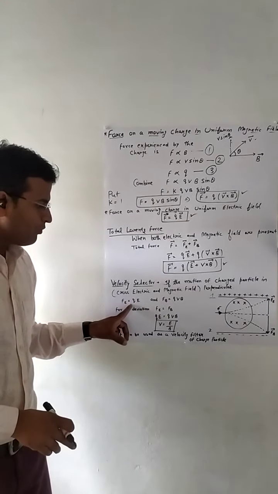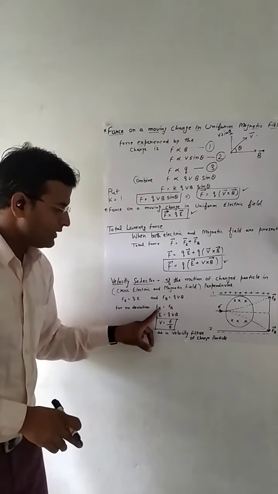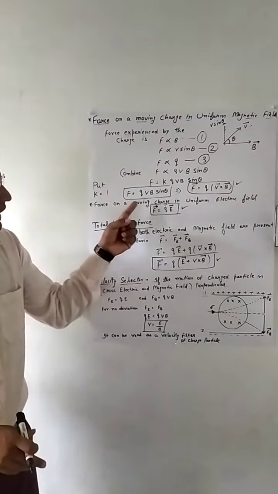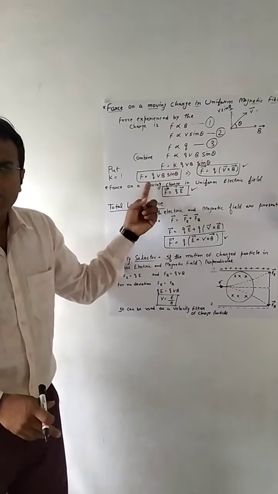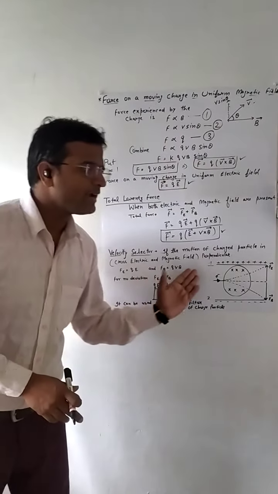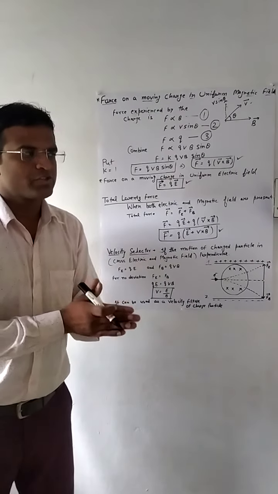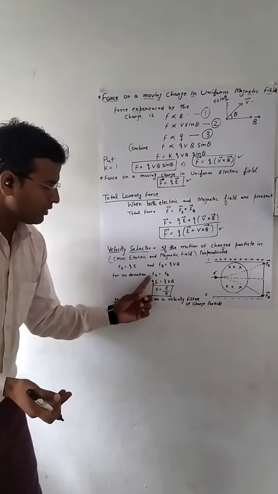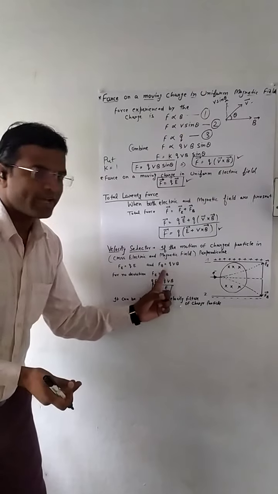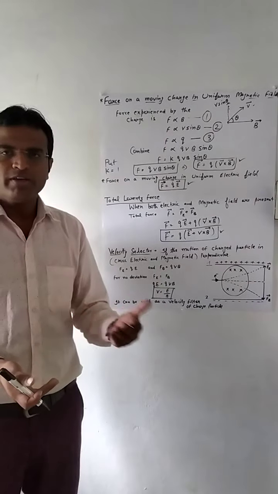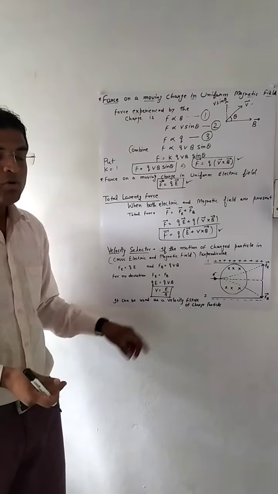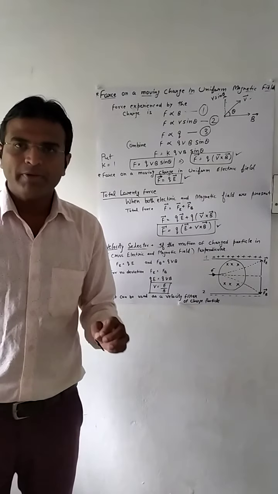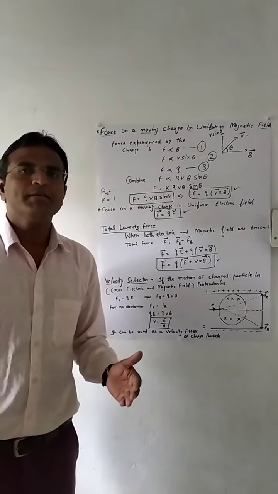So the force due to the electric field is QE, and the force due to the magnetic field is QVB. Actually, the force due to the magnetic field formula is QVB sin theta, and theta is 90 degrees, as given, since the direction of velocity and the direction of the magnetic field are perpendicular to each other. Put in the formula, Q and Q cancel, and calculate the value of V. That is V equal to E ratio B, V equal to E over B. E is the electric field and B is the magnetic field.